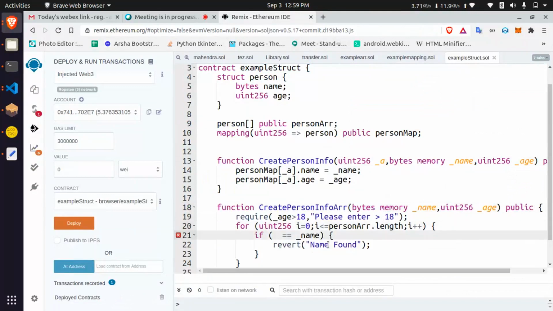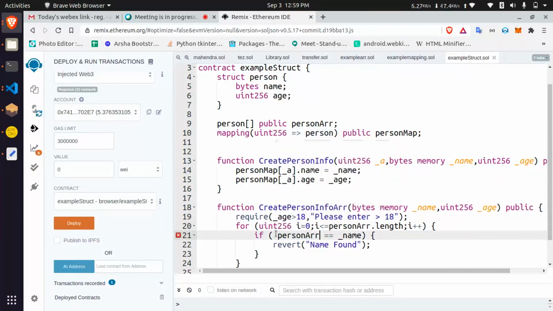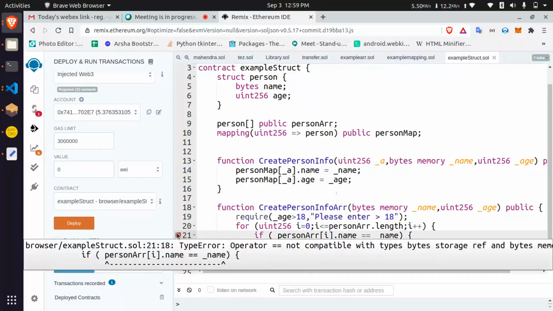Okay. Person i of index dot name. Again it is showing error. Bytes storage it is reference.